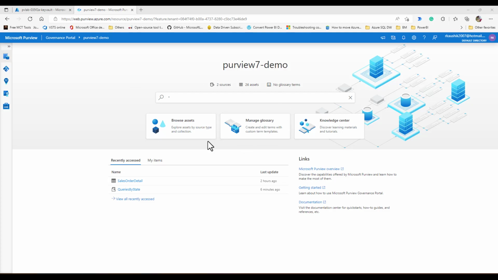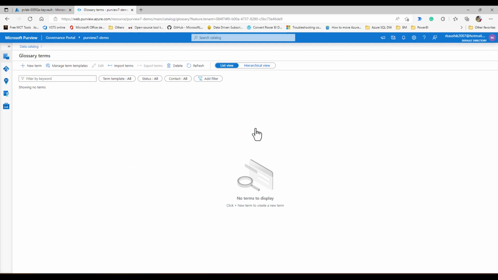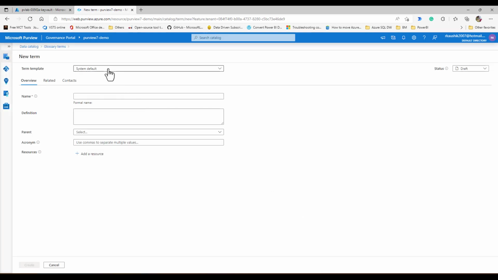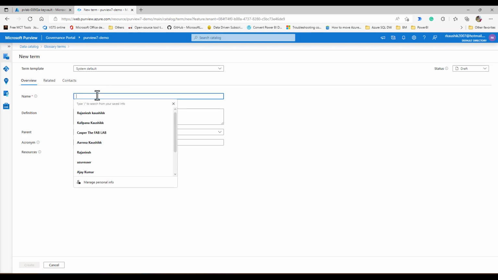First we are on the Microsoft Purview Studio. We will come here in manage glossary, create a new term, and then we will use the system default term template, because we are using a default term template. And then we will put in a name. Like in this example, I can put Contoso